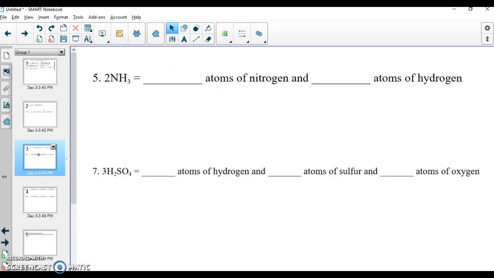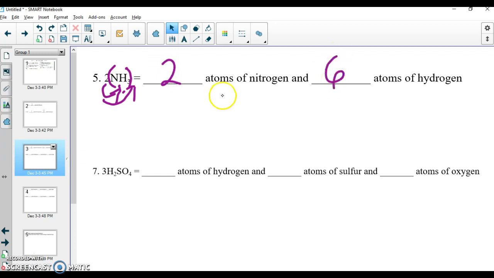The next one, number 5, has to do with coefficients. The easiest way to do this, to me, is to use the distributive property, to put parentheses around it. Always put parentheses, and I still use them. I understood that after the N is a 1, and you multiply the coefficient 2 times 1 and then 2 times 3. So 2 times 1 gives you 2 atoms of nitrogen, and 2 times 3 gives you 6 atoms